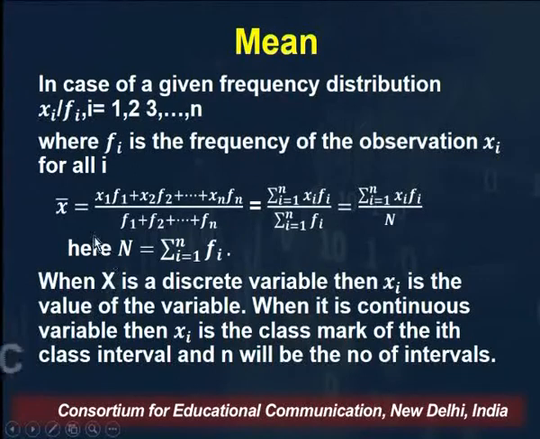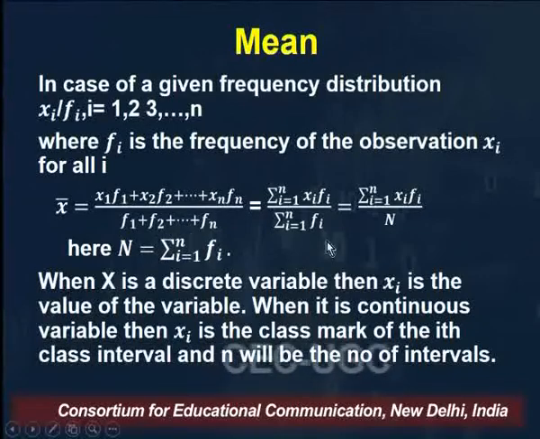So, first the definition. X bar is the sum of all the observations divided by their number. Since x1 is repeated f1 times, x1 f1 is the total contribution of x1. Similarly, x2 is repeated f2 times, so x2 f2 is the total for x2, and xn fn for xn. So the numerator x1 f1 plus x2 f2 and so on up to xn fn gives the total of all the observations, divided by f1 plus f2 plus and so on up to fn,